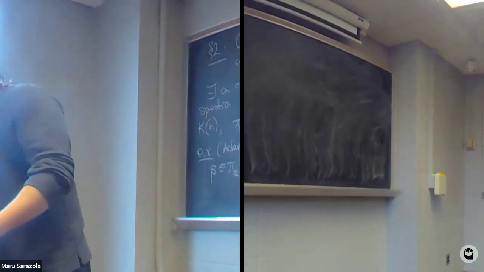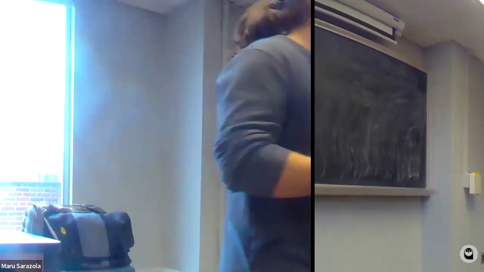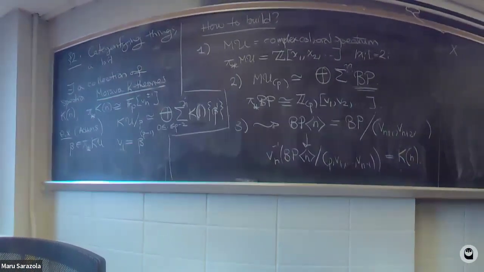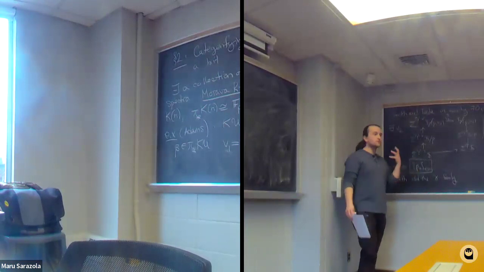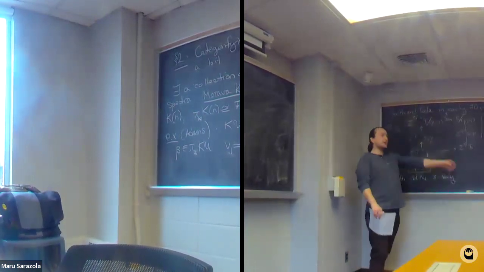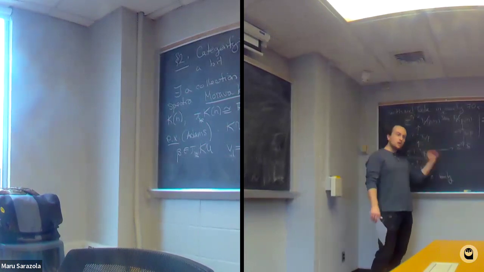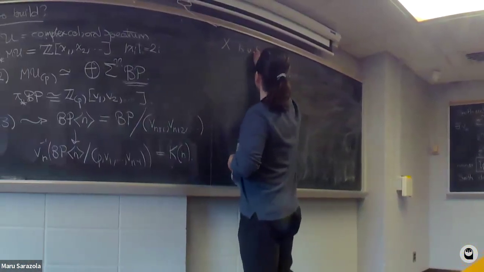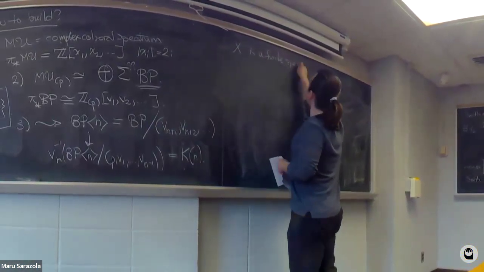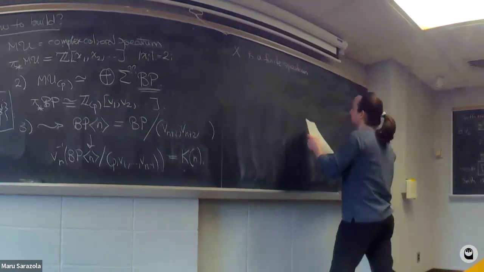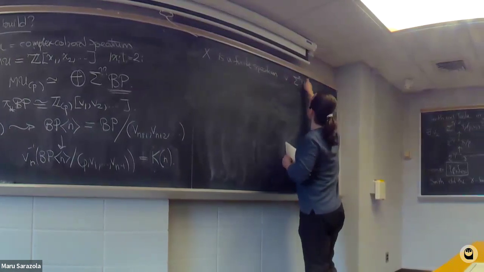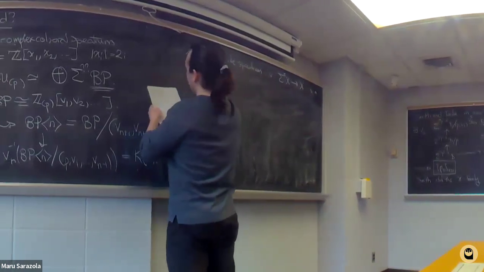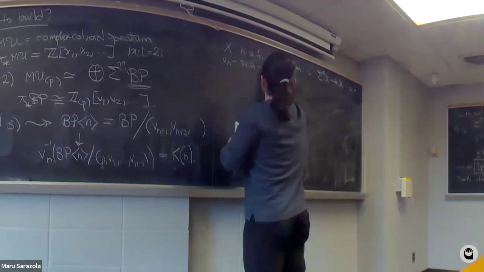Okay, and so the point is that, motivated by this discussion, we can make a definition. So if X is a finite spectrum, basically meaning that you're starting with the sphere and doing things like killing self maps, taking cofiber sequences, taking retracts, things like this. If X is a finite spectrum, we say that a self map v from a suspension of X to itself is a v_n self map, provided